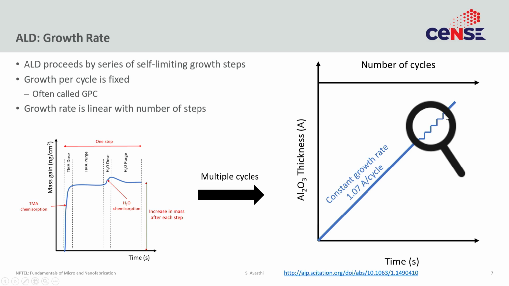And if you zoom in, you will actually see these small steps. Each of these steps represents one cycle where a little bit of aluminum oxide grew. And the thickness that you would see in each step is not exactly a monolayer, but it doesn't have to be as long as it's repeatable and consistent. Often what you gain in each cycle is called growth per cycle or GPC. This is a nomenclature we'll use in this lecture. And yeah, let's keep going.